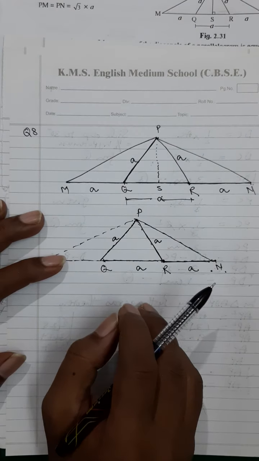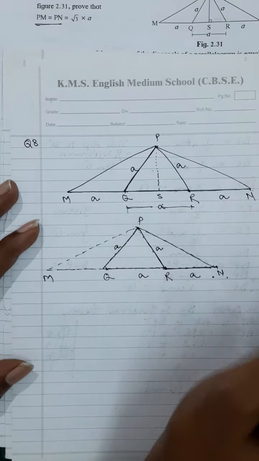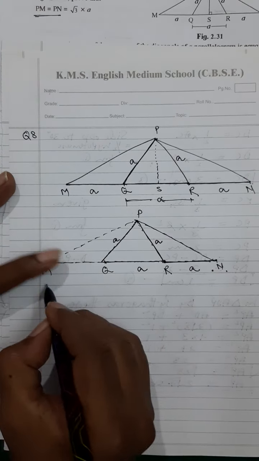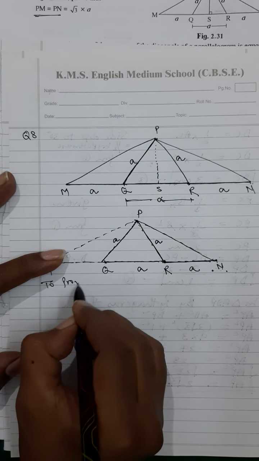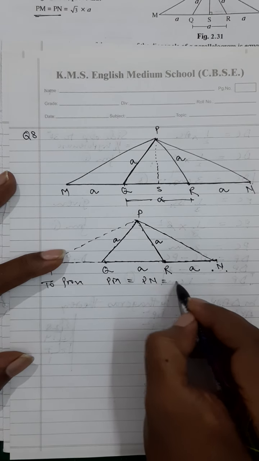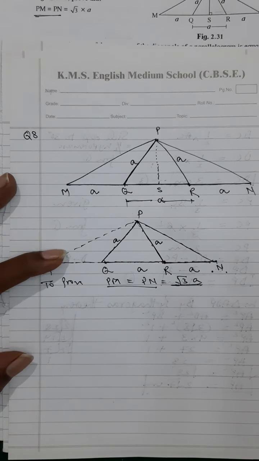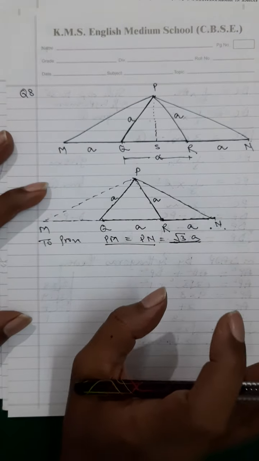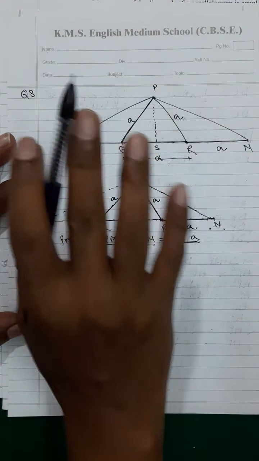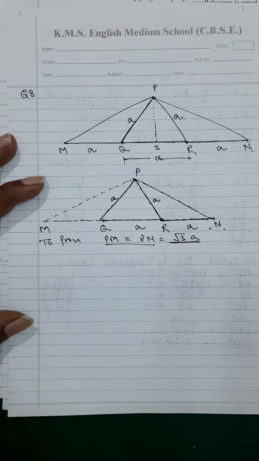I can apply Apollonius theorem. Prove PM is equal to PN. Basically, find PM and PN. Are you getting? We have to prove PM is equal to PN is equal to root 3A. Don't concentrate on this. Just see that PM and PN you have to find. So, my dear student, you have to first study the problem. This PS is just over there for confusion. The PS is not going to play any role over here.